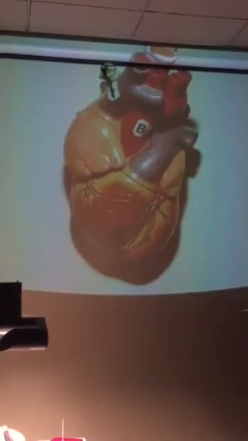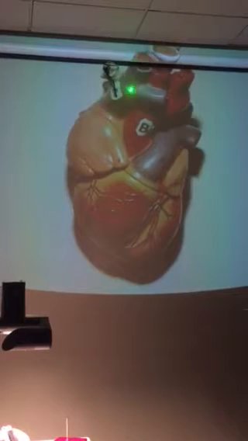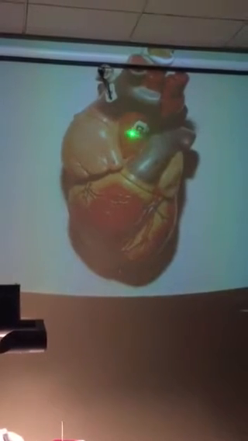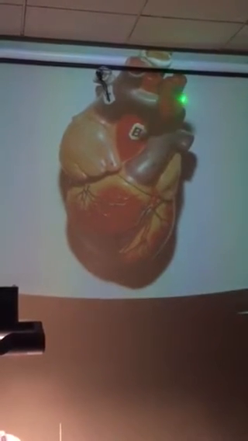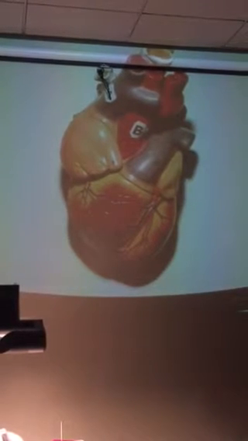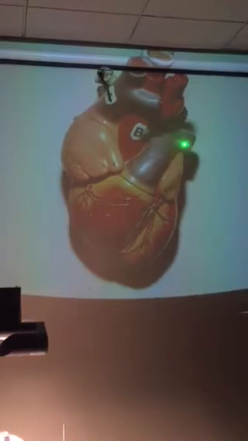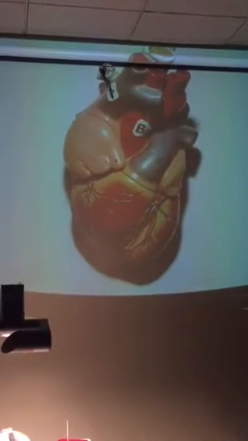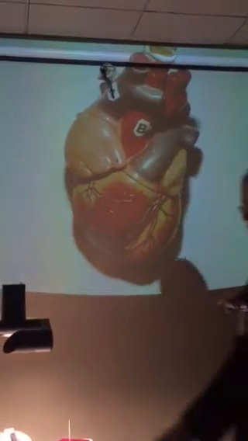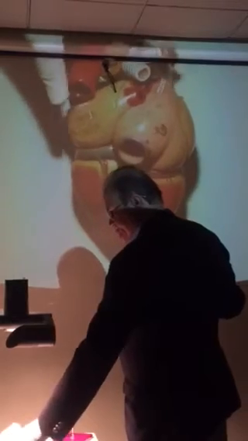So this is the anterior surface. You see superior vena cava. You see ascending aorta continuing into the arch of aorta, and the arch is going at the back. You see pulmonary trunk dividing into right pulmonary artery and the left pulmonary. Okay. At the back, here you see the superior vena cava and inferior vena cava entering in the right atrium. Okay.